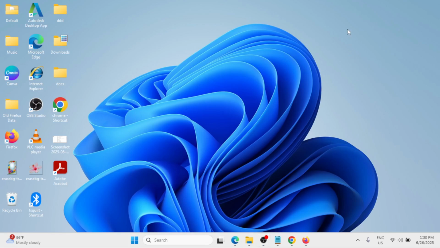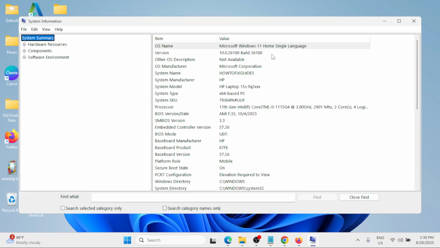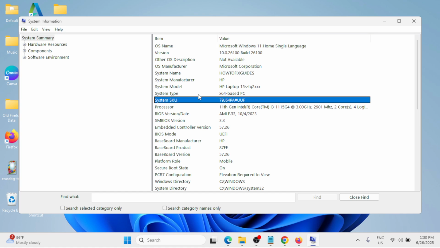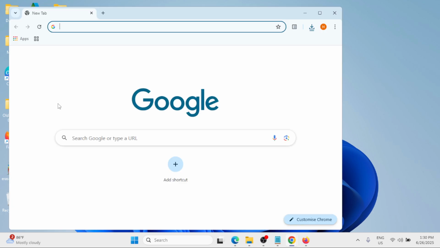In this video tutorial, I'm going to share with you how you can fix the Amtlib.dll missing error on your Windows 11. So let's get started. The first thing that we need to do is to know the system type of our Windows. So go to the Windows search bar and type System Info. Click on it under the best match. Then here, simply take note of the system type